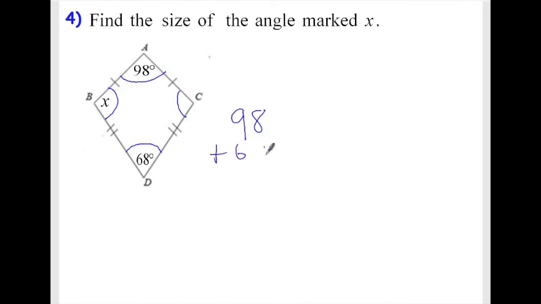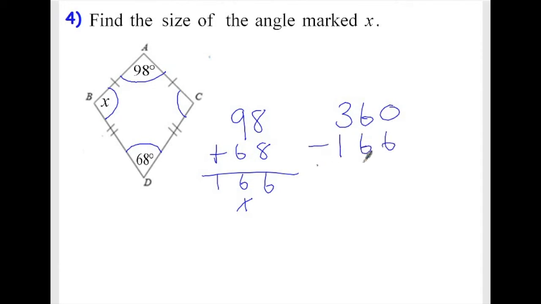98 add 68. 8 add 8 is 16, 6 down, carry 1. 9 add 6 is 15, and the one we carried is 16. So you get 166 is the total for these 2 angles. We know that they all need to add up to 360, so 360 take away 166 will tell us what's